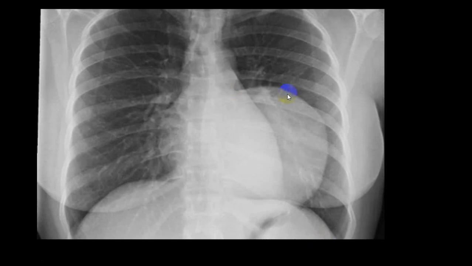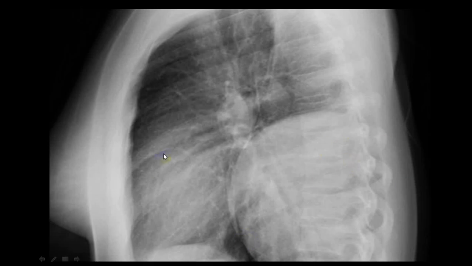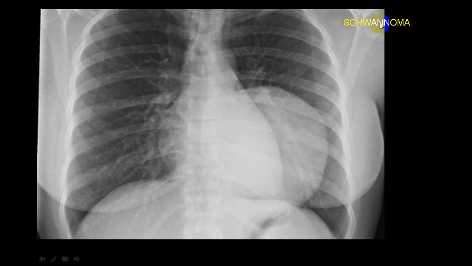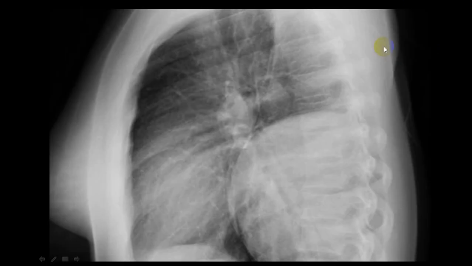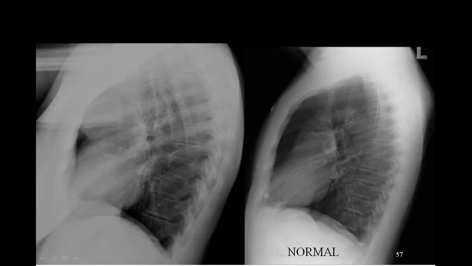Now you can see a big shadow here. Now, this cardiac border you can see through that. So it is somewhere in the mediastinum. If you want to identify where exactly it is, you will have to have a lateral view. Now in a lateral view you can see this cardiac shadow very clearly, and this tumor is in a posterior part, and whenever it is in a posterior part it can be related to the nerve. So it was a schwannoma, Schwann cell tumor. So it was related to that, or it may be related to the vertebra, but this was related to the nerve, a very big tumor. Is it clear? You try to identify that way.